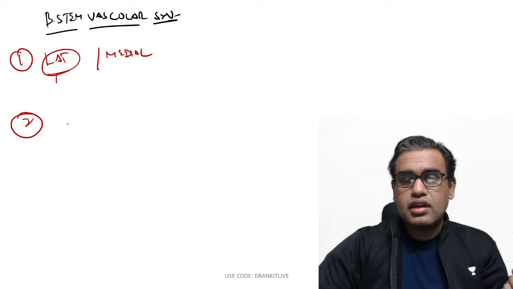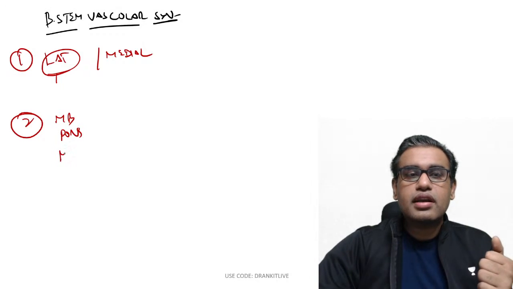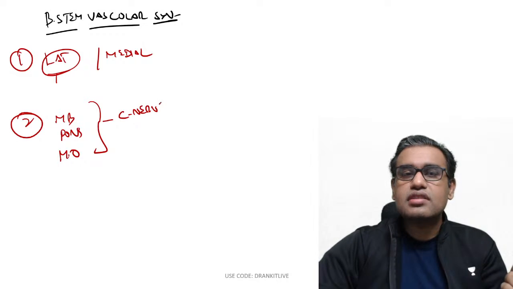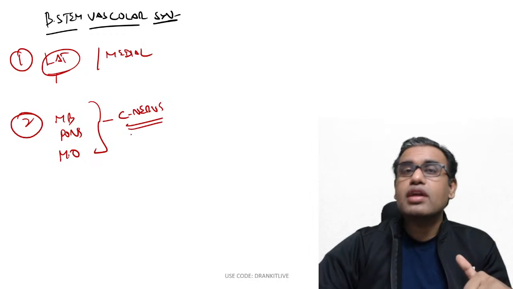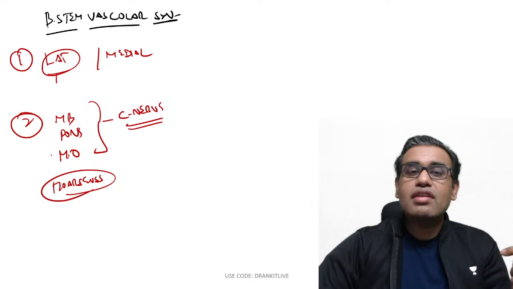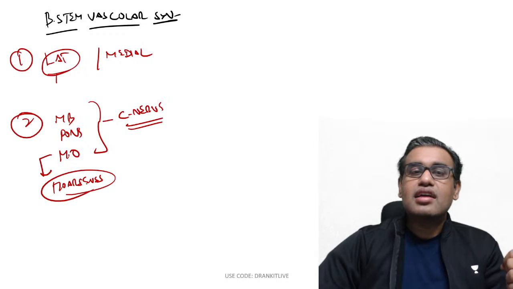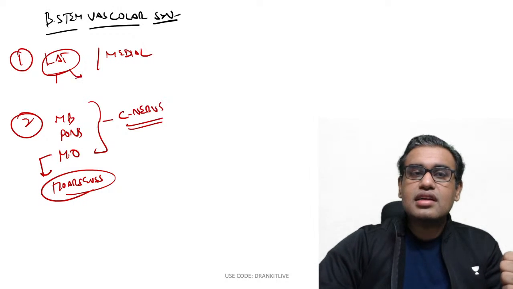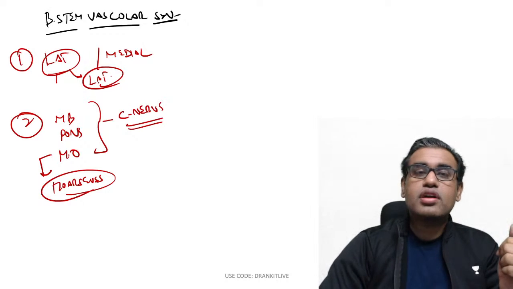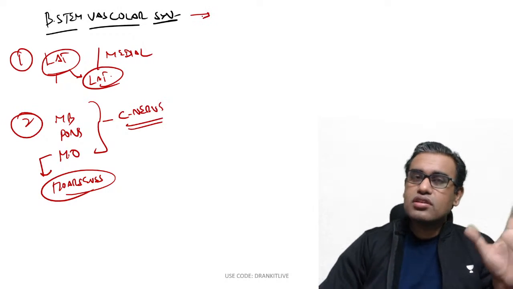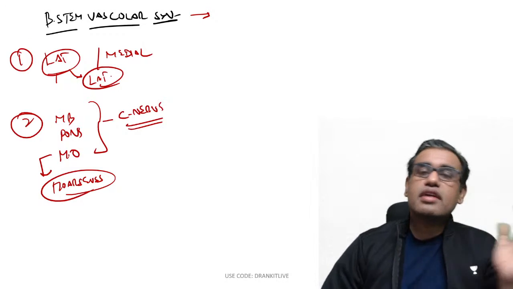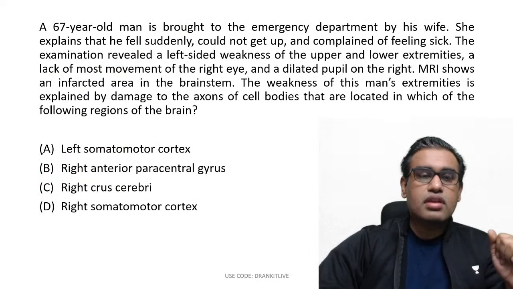Second point, you have to look whether the lesion is in the midbrain, pons or medulla. For diagnosing this, you need to know which cranial nerve is basically involved, because they are different in midbrain, pons and medulla. In that question, the hoarseness was telling you that the level is medulla, and the other points with the hoarseness are telling you it is a lateral syndrome. Point clear? So these are the important points. Now I have already taken a session on brainstem vascular syndromes as a special class. You can have a look at that. Go to Unacademy, search for the name, you will get everything. Clear? Okay, let us see one more long question over here.